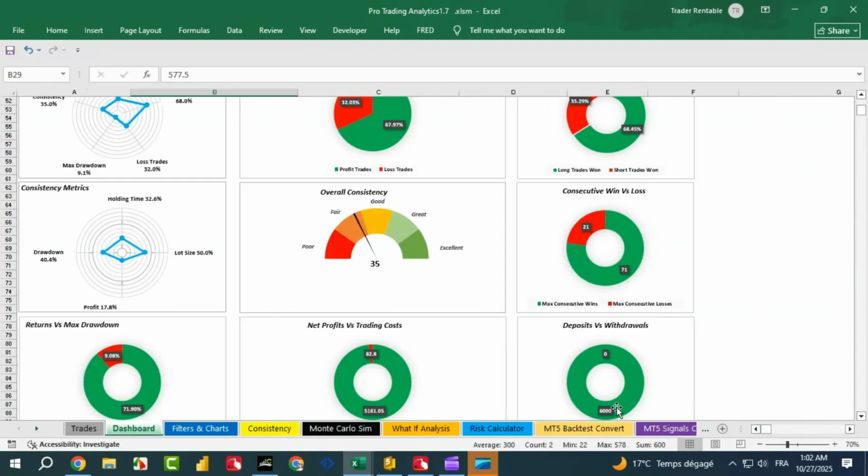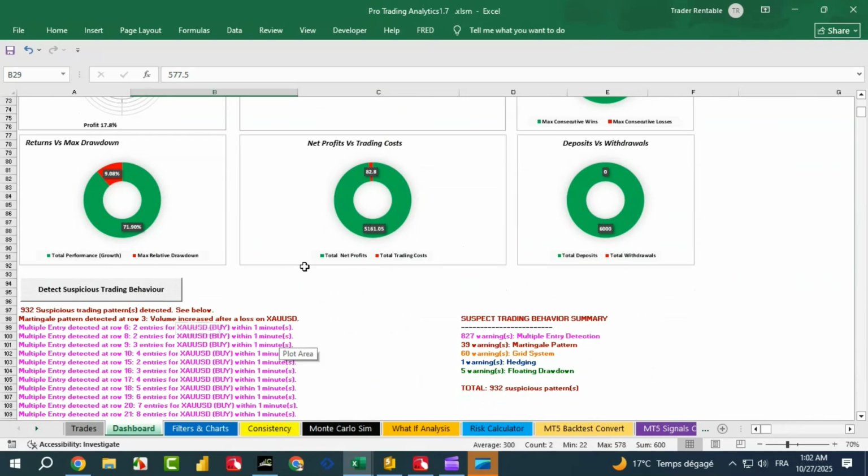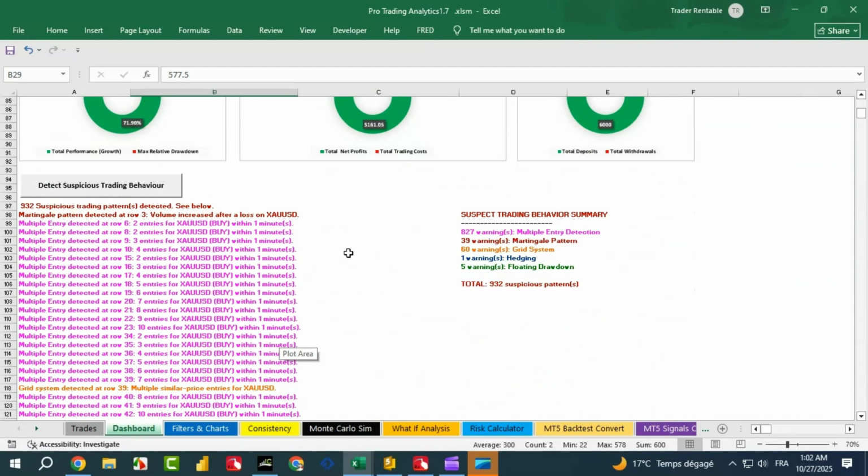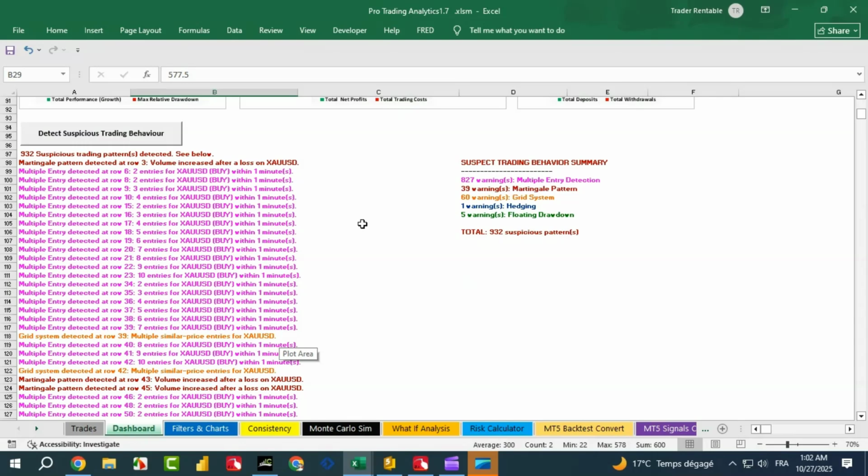Now, let's go back to the dashboard and scan for any suspect behavior. With just one click, you can get a complete suspect trading behavior summary. 932 suspicious trading patterns detected. In the summary, we have 5 different warnings for potentially suspect trading strategies: multiple entry detection, martingale, grid averaging, hedging,